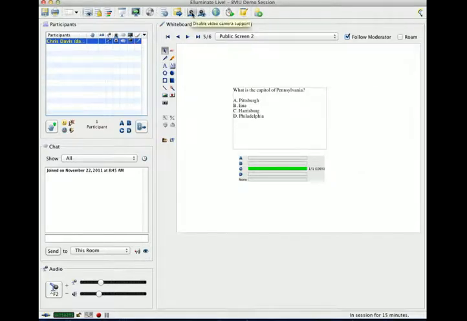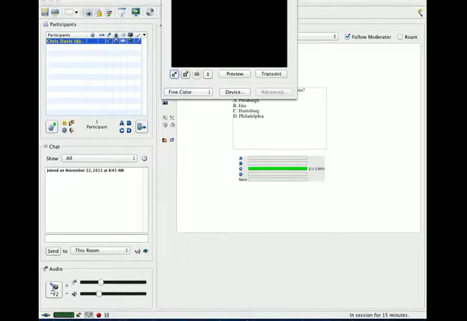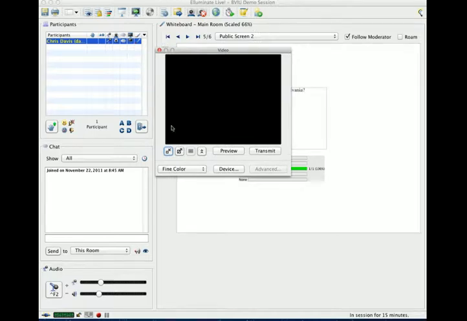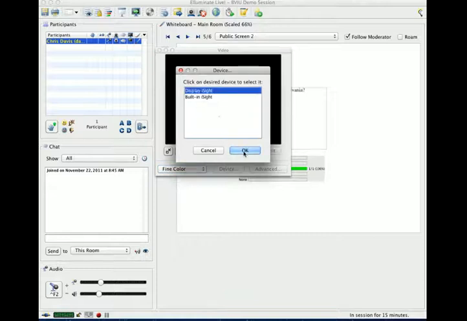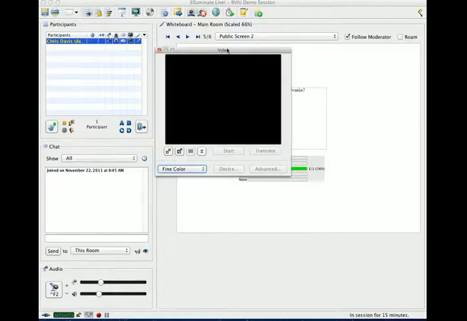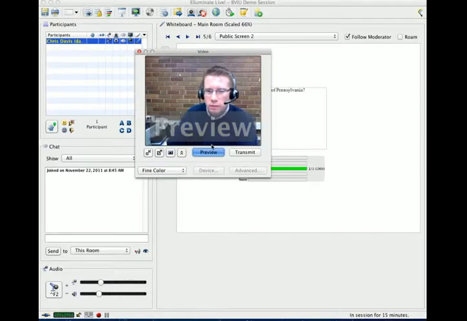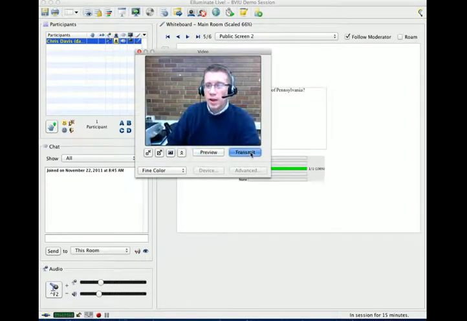These buttons control my camera. If I click that, it disables my camera. Click that, it starts my camera. If I click this button, it shows my video window. All I have to do is select the right camera. There I am. And now if I click transmit, it'll send my video image out to the students in the